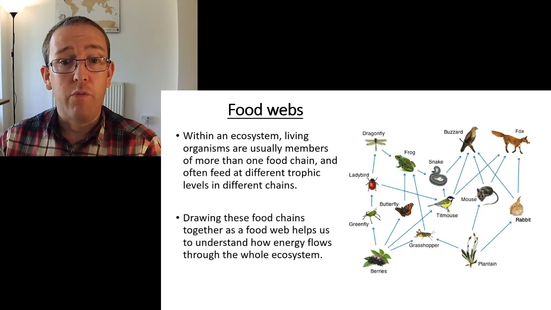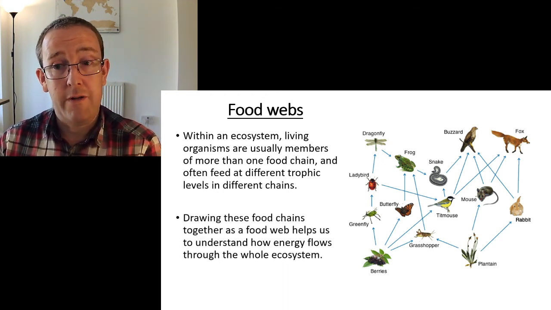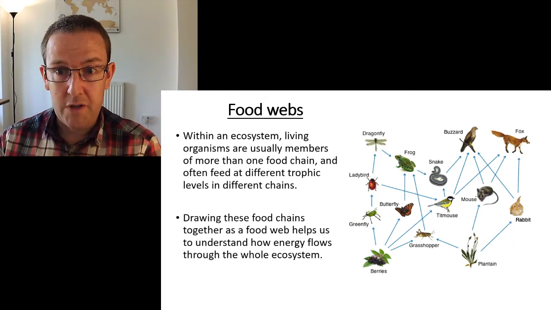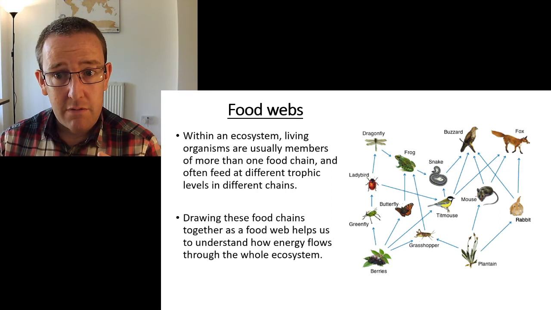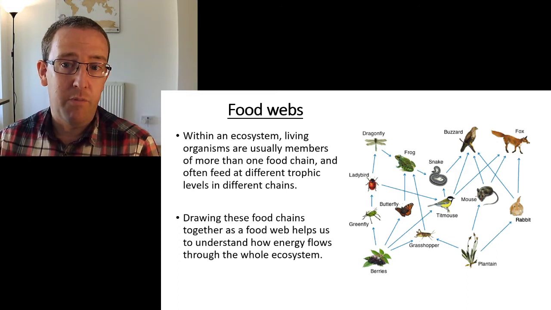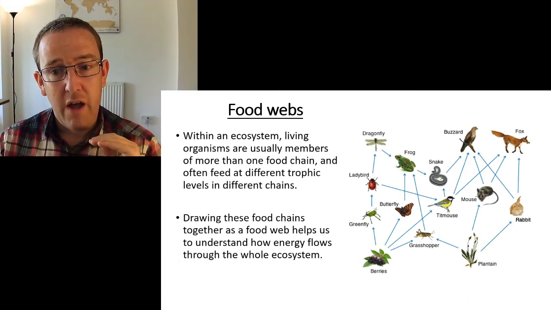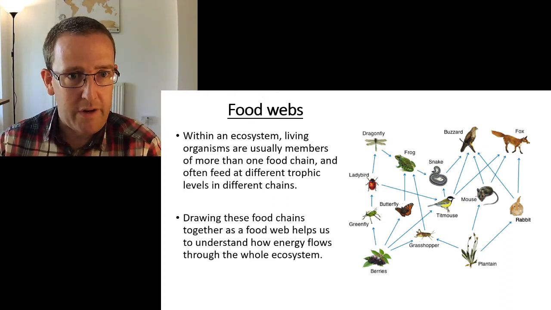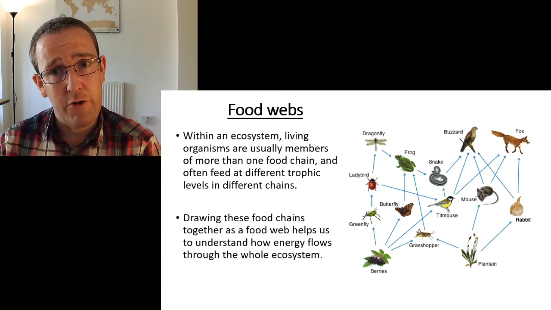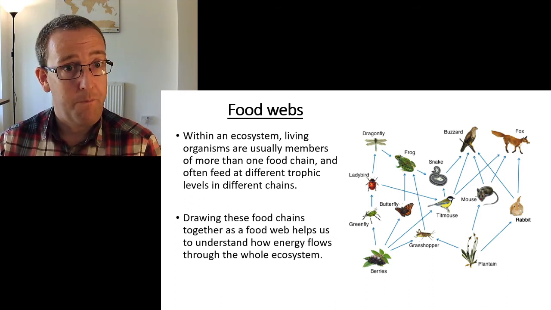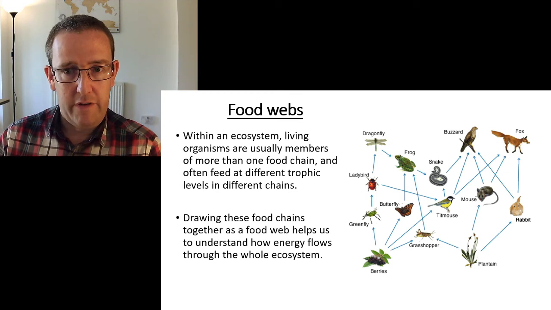Okay, so drawing the food chains obviously helps us understand energy flow through an ecosystem much better, because you've got all these relationships going on here. If, for example, you got rid of the snakes, then you would have an increase in the frog population, a decrease in the buzzard population, an increase in the titmouse population, and then an increase in berries. Increase the bird, decrease the berries, and you'd have knock-on impacts. So food webs are much more useful than just single food chains in understanding what's actually going on. Okay, so that's really important to get your head around.